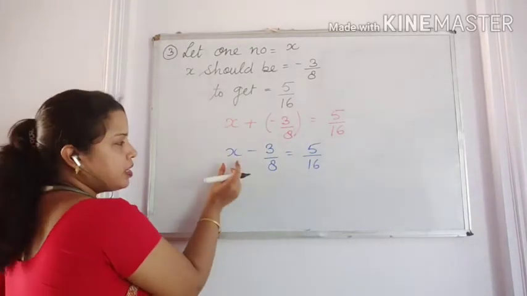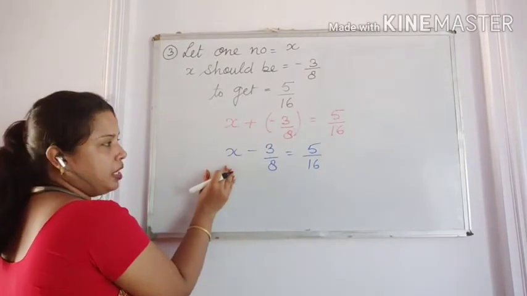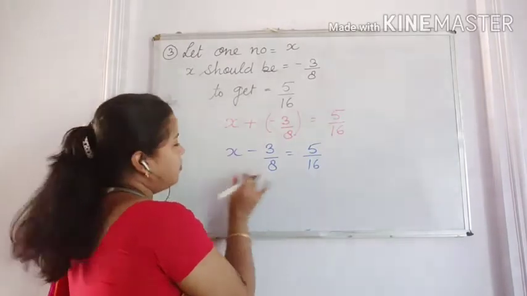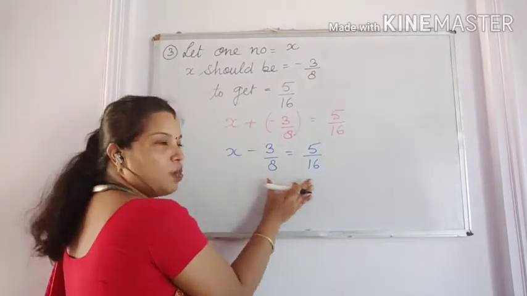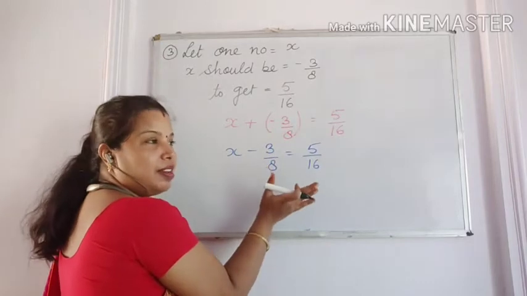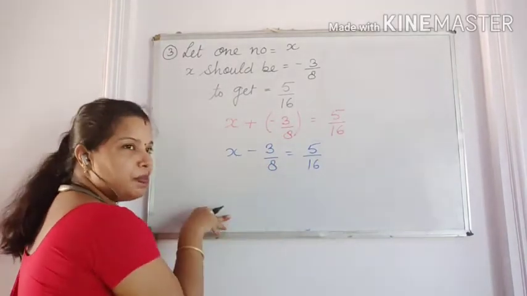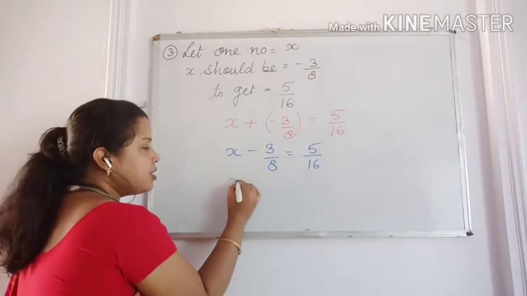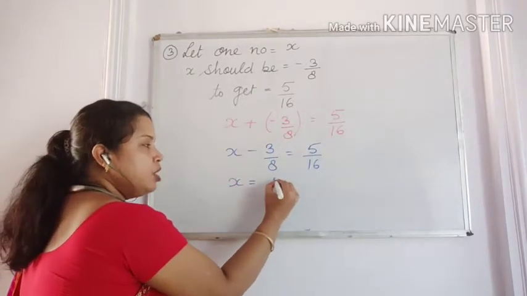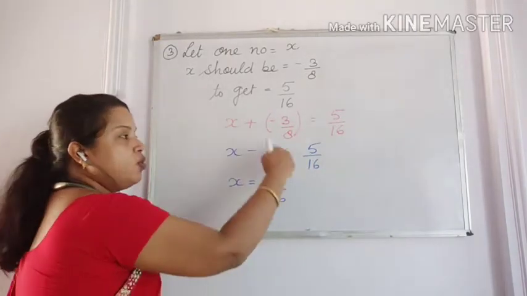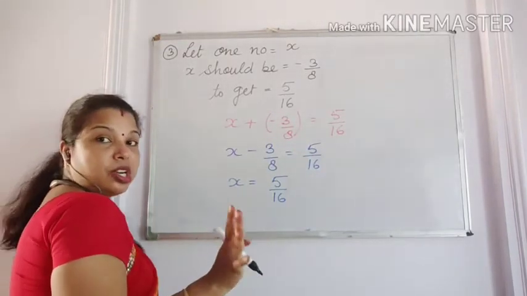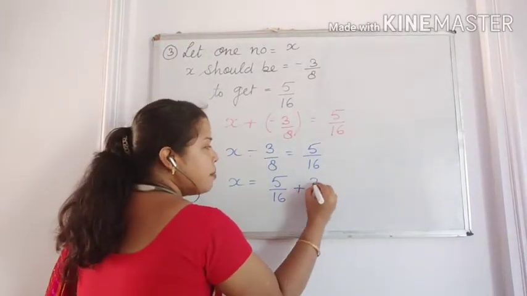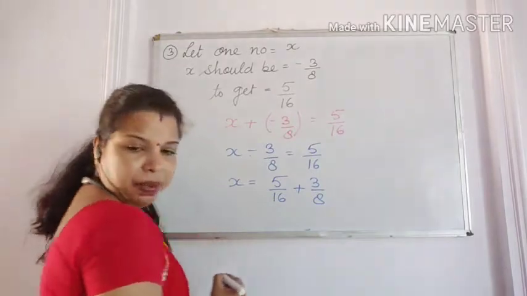We know, students, this is the variable term, and these are the numerical terms. Understand it this way: they are the Kumawat family and they are the Sharma family. So the Kumawats join together and remove the Sharmas. These two form their own party, friends, and push us out. Okay, so x you can keep here, 5 upon 16. Now he will say, when you come to me, I don't want a cut shot, come to join. Joining means the minus will be converted into plus, so 3 upon 8 will be here.